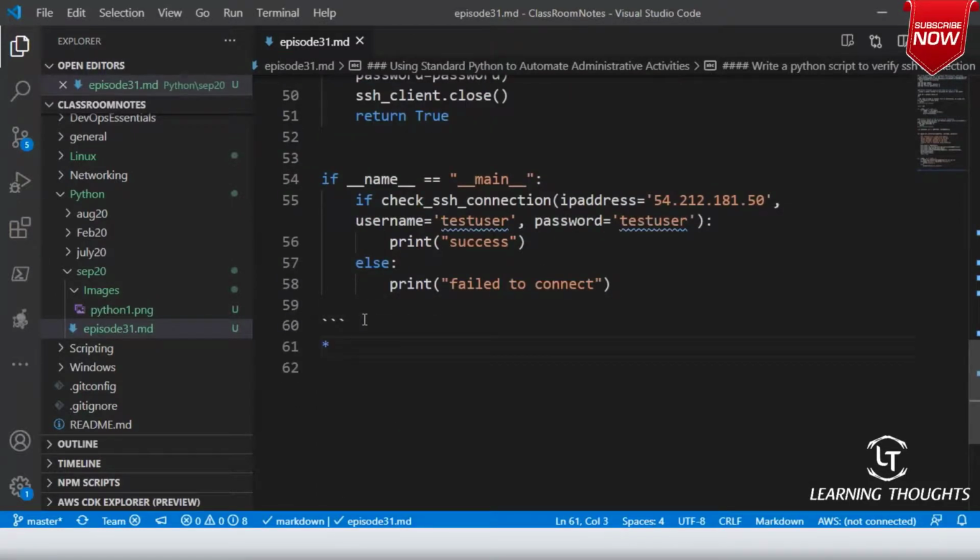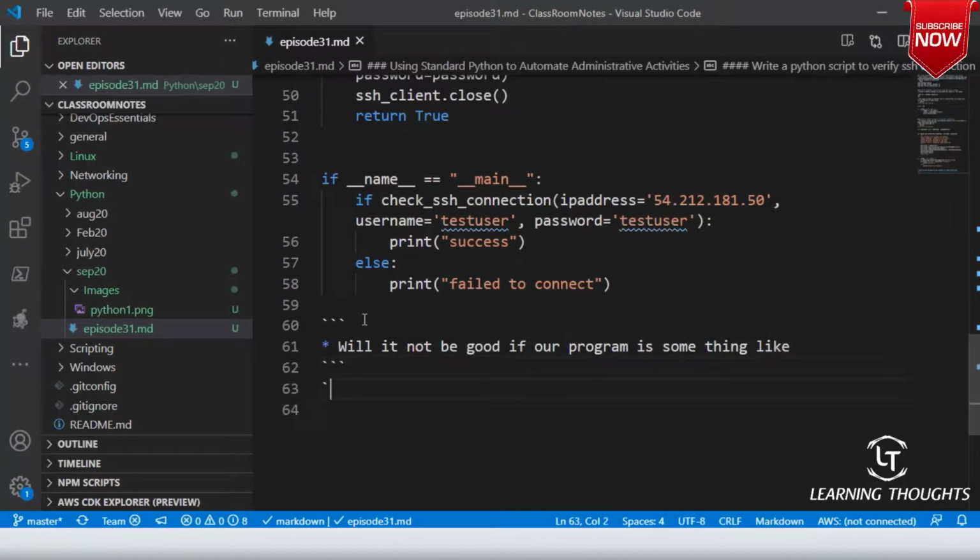All right. Now, will it not be good if our program is something like this? I will try to say dot slash or Python check underscore ssh dot py.